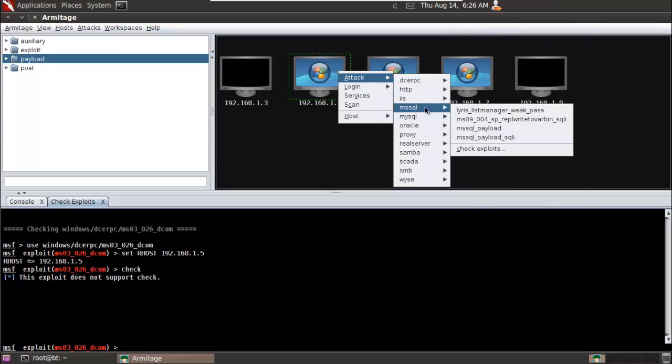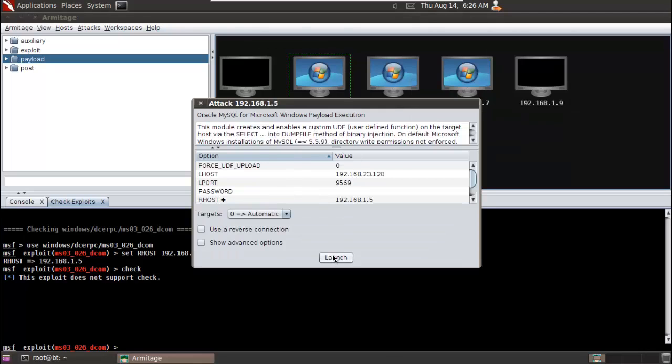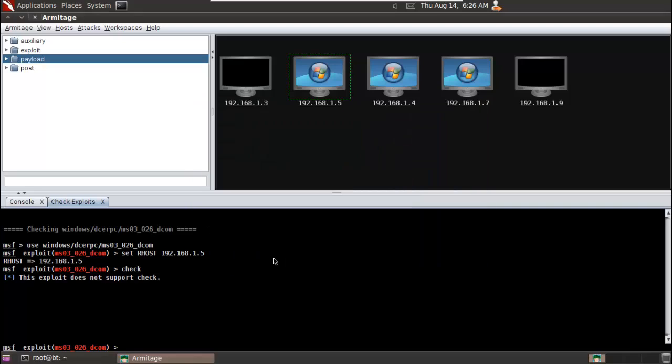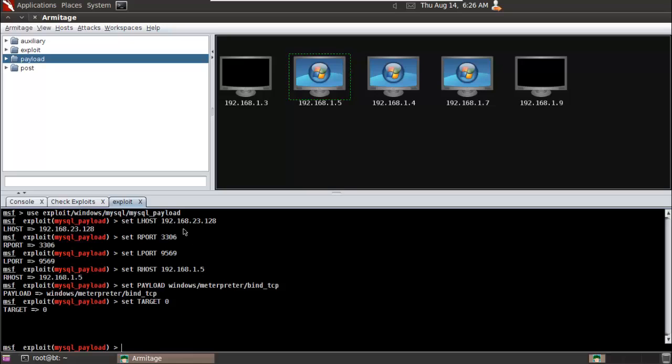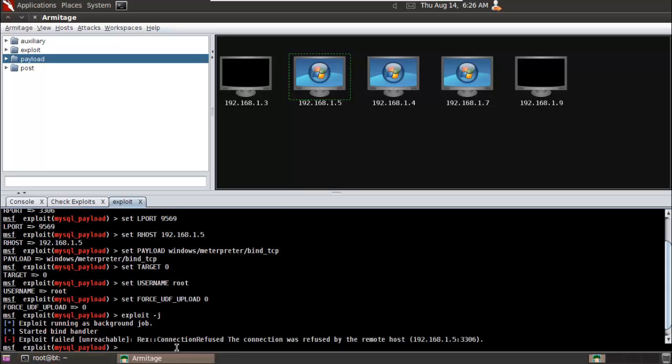IIS or MSSQL exploit or MySQL exploit. This will be the payload. So yes, this is the launch IP address, and let's see what happens, whether the check exploit works or not. So the exploit is running as a background job, and yes, the connection was refused by the remote host. The reason might be that